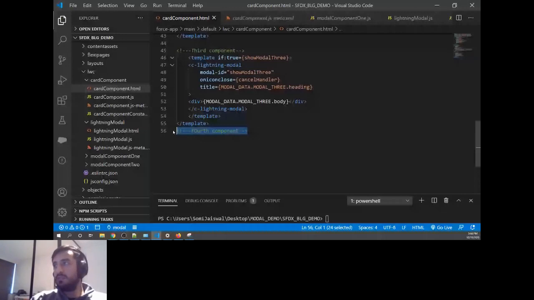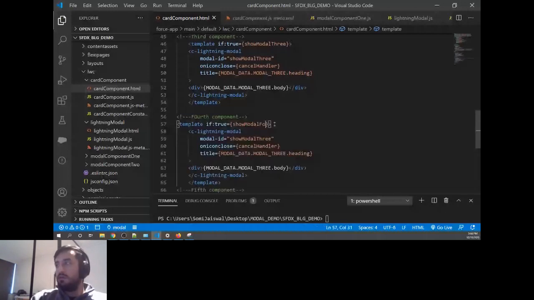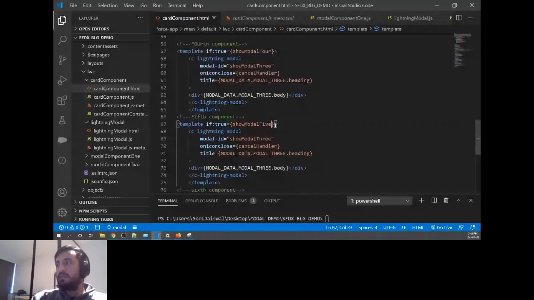Sorry, it should be within the template. It should be within the main template tag. That's why it's throwing an error. So I'll copy paste this. I'll say fourth, or I'll make it simple, 4. I'll paste it again. I'll make it 5. I'll paste it again. I'll make it 6.